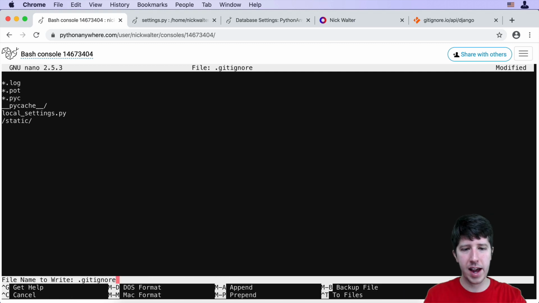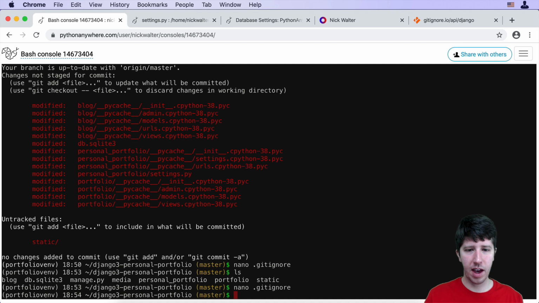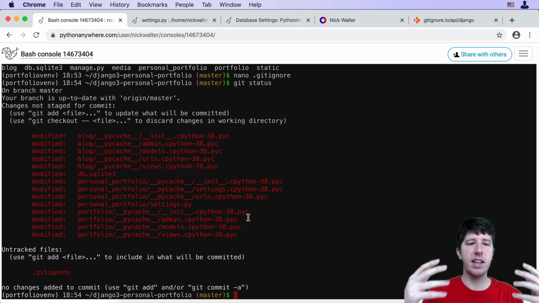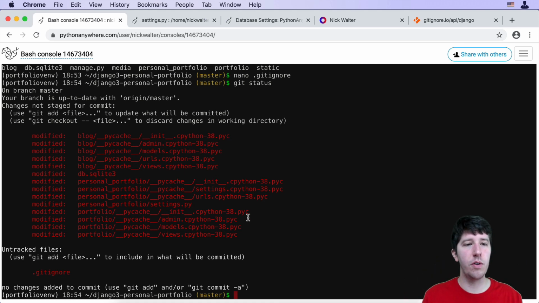I'm going to type Y and then hit enter. Okay. So now that I've done that, if I go ahead and do a git status, you'll notice that not everything is showing up. So for example, that static folder is gone. You'll notice we still have some issues here, that the .pyc is still there and whatnot. The reason for this is that we need to make sure that we commit at least the gitignore, and then we can see all of these things